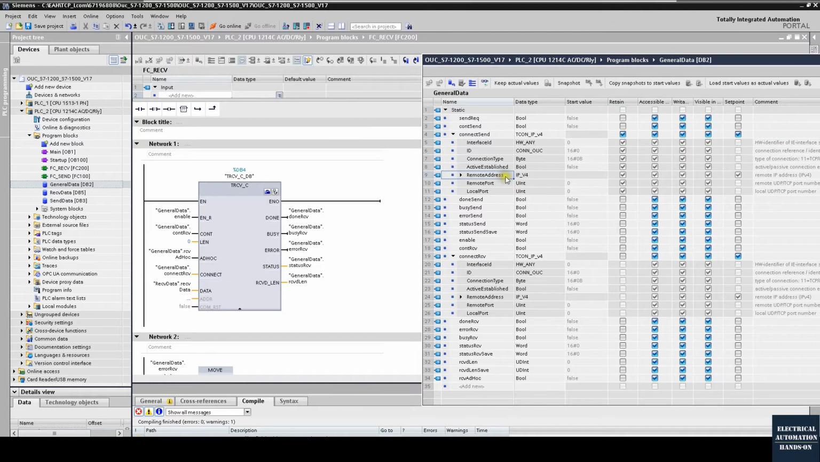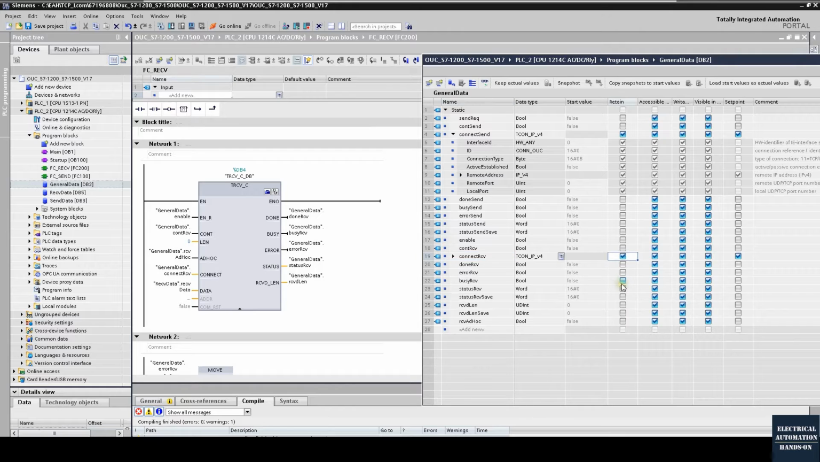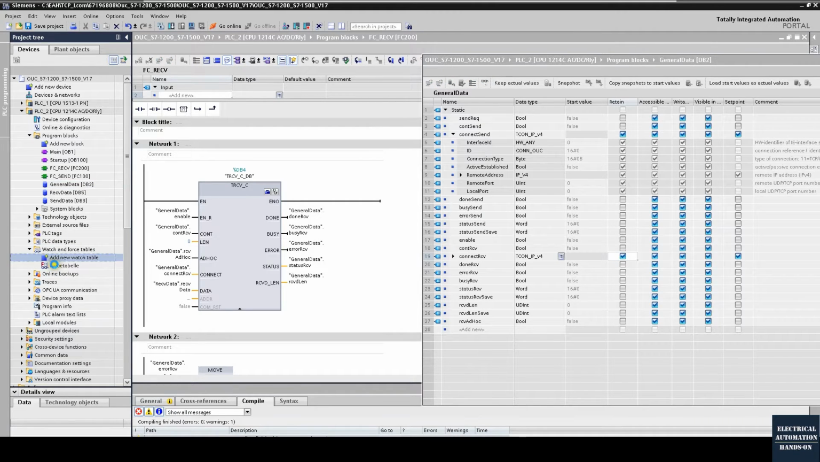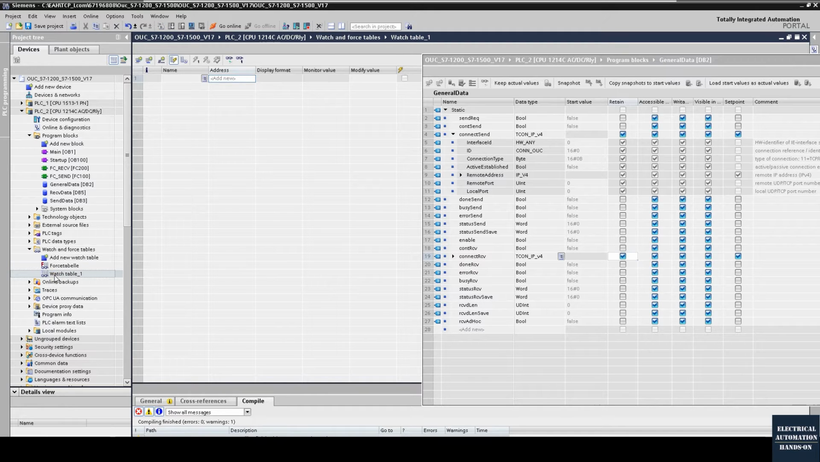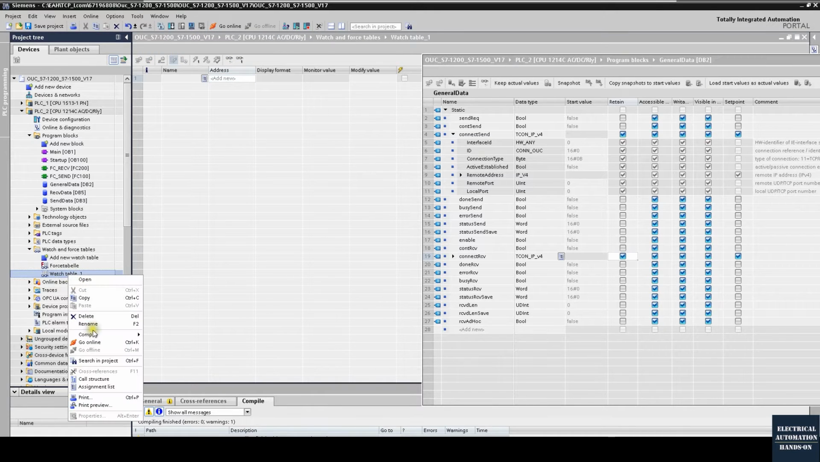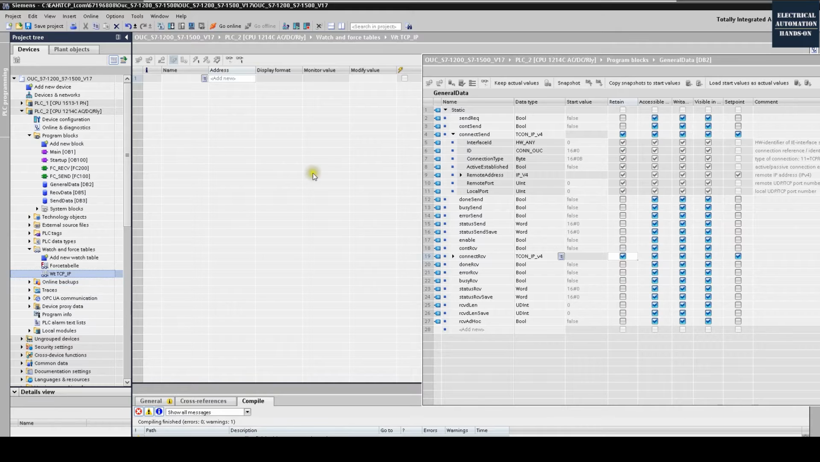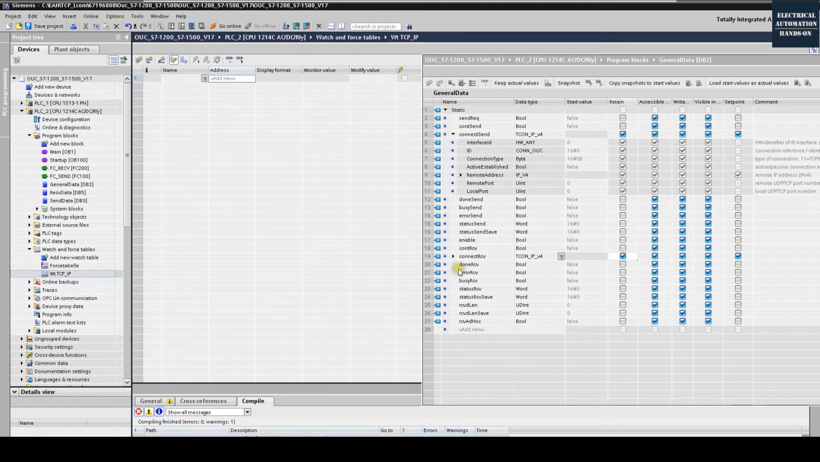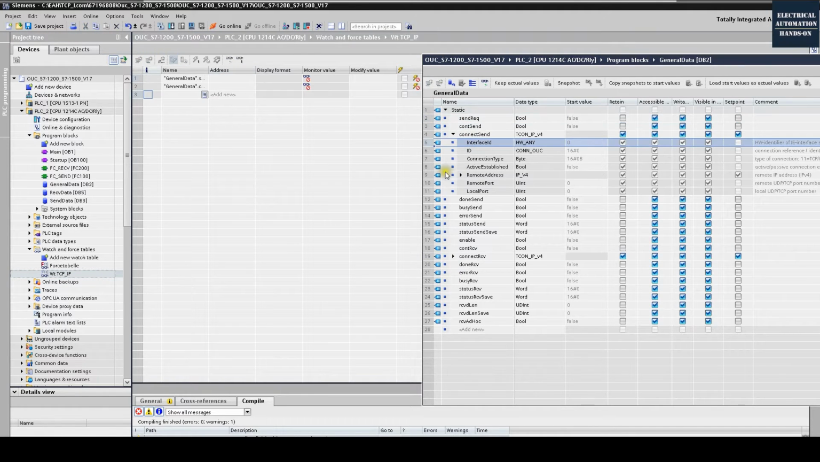For example, if we set up the IP address, this target IP address and the port number, we better retain the parameter. Also for this connect, we turn on the retain. Now let's drag these parameters to a watch list, so it's easy for us to do the online commissioning. We can rename this watch list to TCP IP. And then I can drag all those things, connect, send, those parameters,